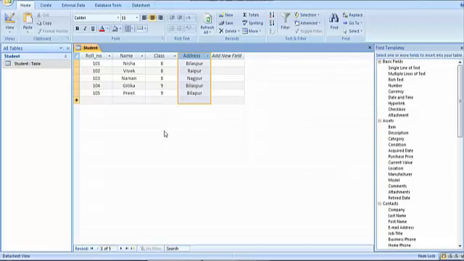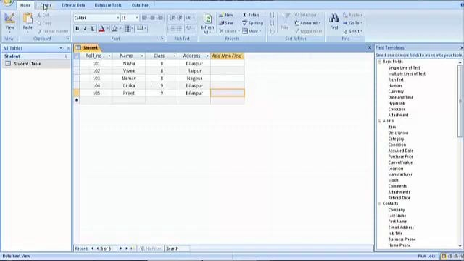Suppose the table has almost 1000 or 2000 records, and out of that you want only a few records as per your requirement. It will become a very taxing task, such a difficult task. So we will study queries in order to extract certain contents from the table as per our requirement.